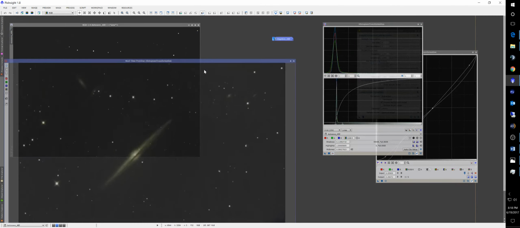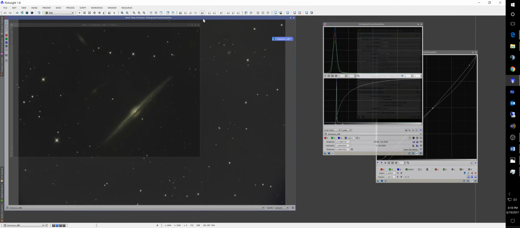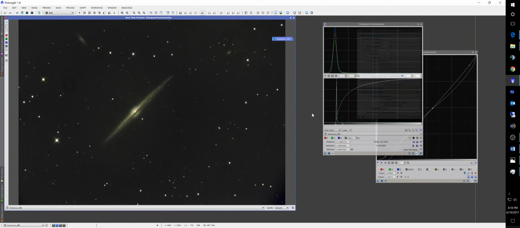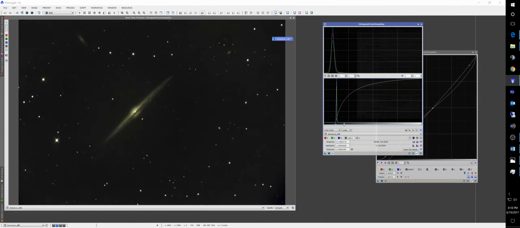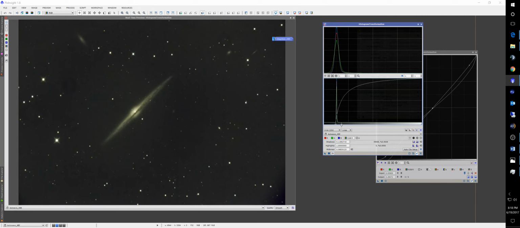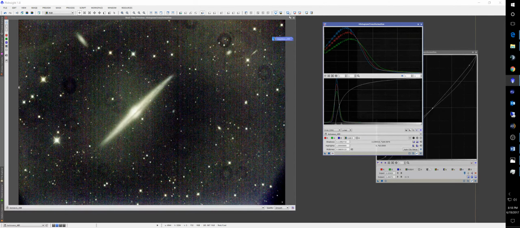So you'll be able to replay this video once it's published to YouTube at any time you want. But now we're working on a galaxy. We did the comet already. So this is my NGC 4565 data that I'm working on here. And let's just pick that for now. And then we'll go to